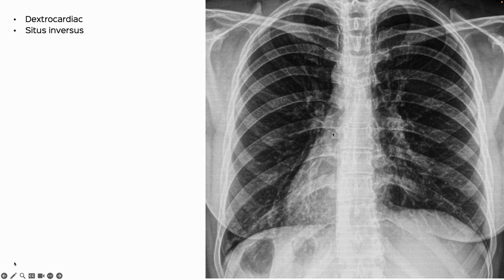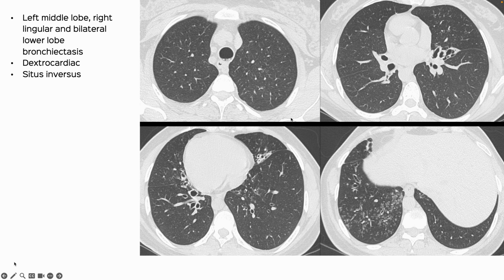That's the radiograph. So there's dextrocardia. You see the gastric bubble on the right side. So there's situs inversus, and because of the heart on the right side, the diaphragm is down, which is very interesting. And then the CT clearly shows that the left middle lobe is bronchiectatic, shows the right lingular,